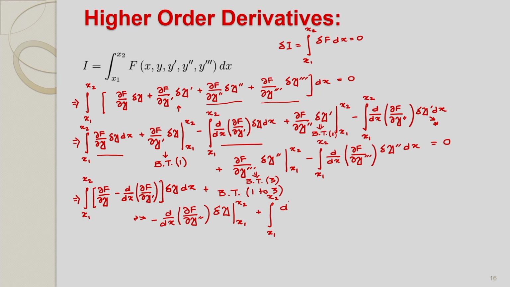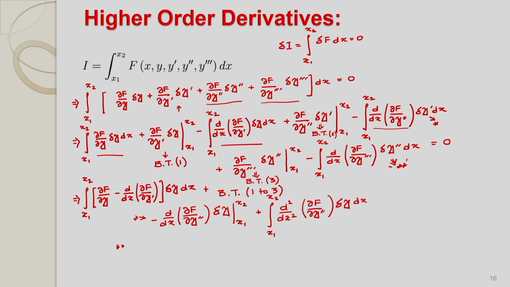So that will be d2 dx2, that is the first derivative of this, delta y dx. And if we say this term is double star,